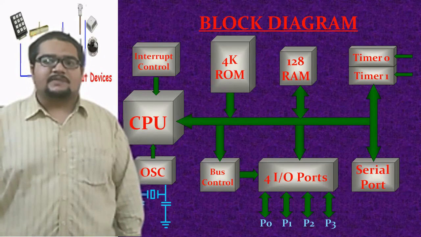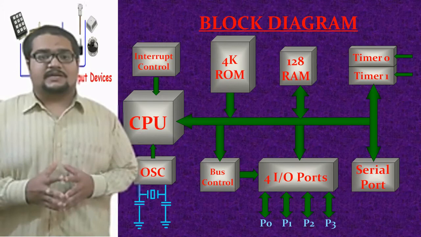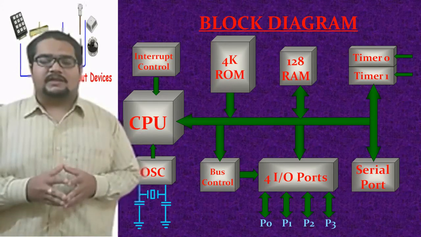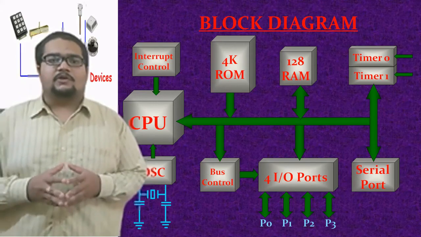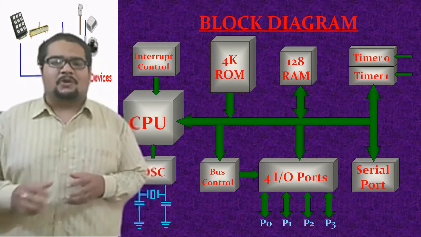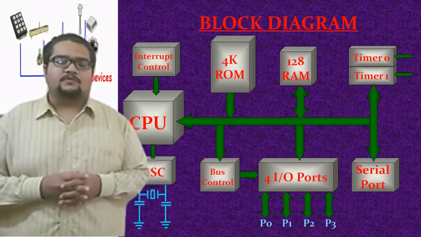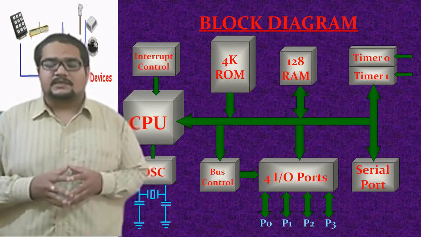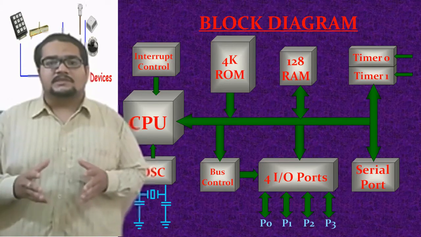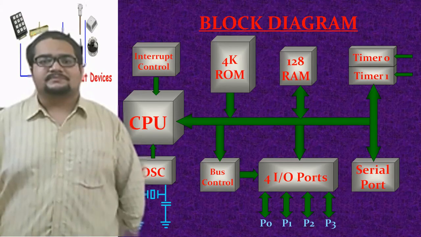Next, we can see that timer 0 and timer 1 are given a particular input. Basically, timer 0 and timer 1 can take an input and time themselves according to that particular event. It can be event counting, or it may be controlling the event happening, that is, how much time that event should go on. So these timers are meant for this purpose. Both the timers of 8051 are 16-bit in size. So if they are counting, they can count from 0000 hexadecimal till FFFF hexadecimal.